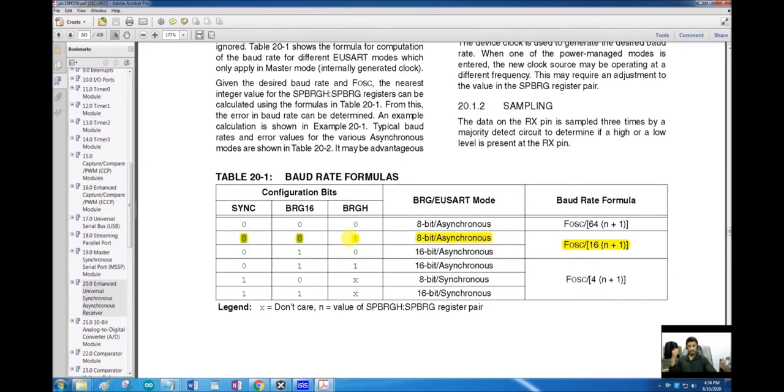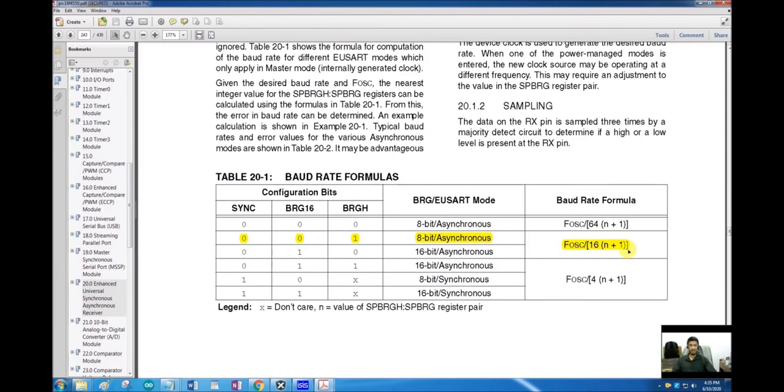So this category that is highlighted is of our interest, and in this case an 8-bit asynchronous mode will be selected for transmission and reception both. The formula to calculate the baud rate for this particular case is written here.